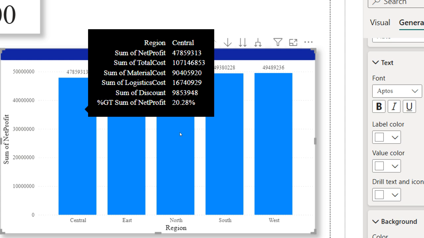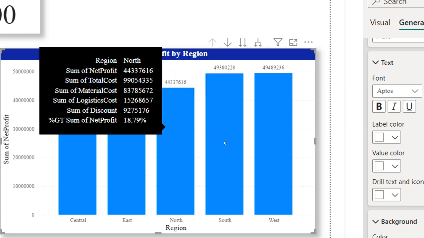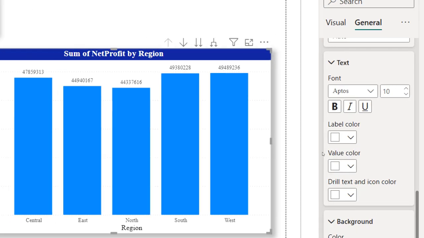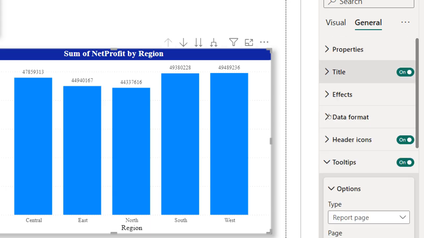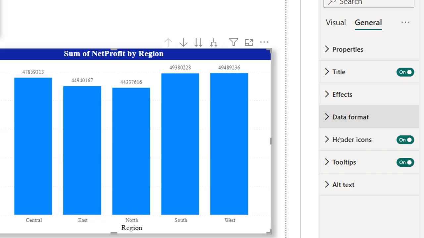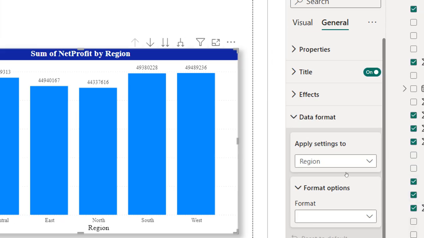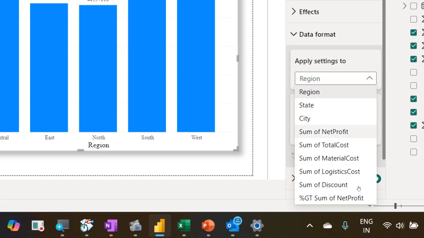How we did it for this? Select this, general. Go to the general, data format, not for the region. I want to give the data format for this. What is the column we have utilized there? Net profit, right? Net profit, change it into